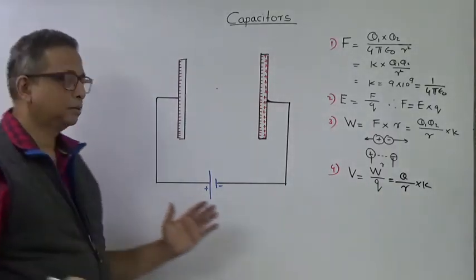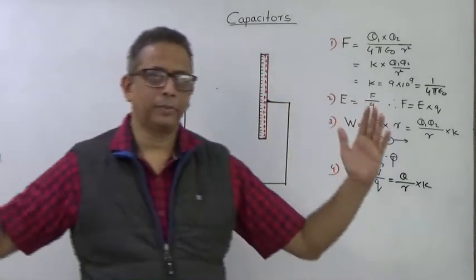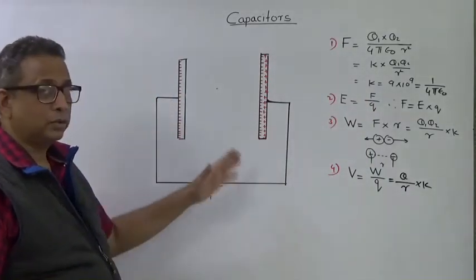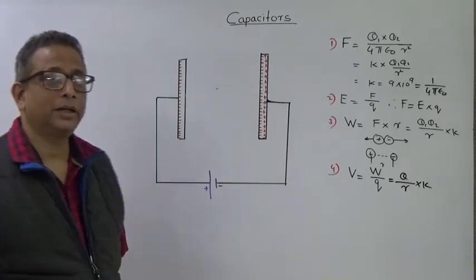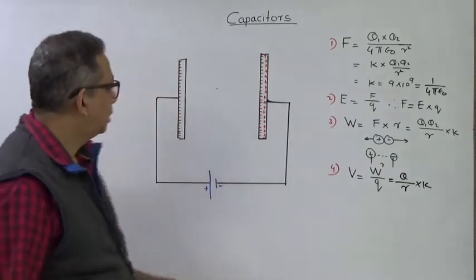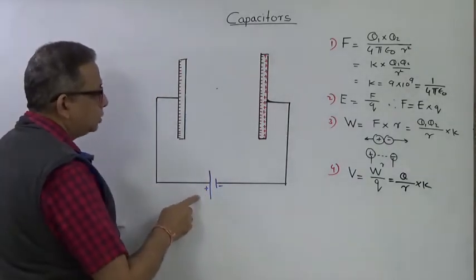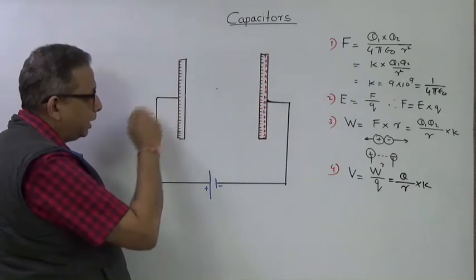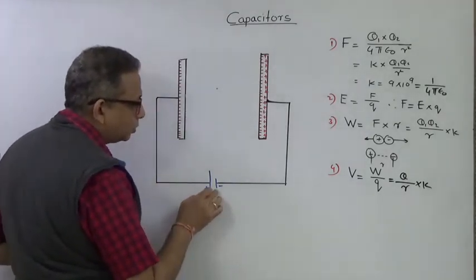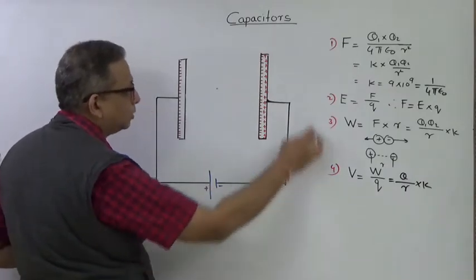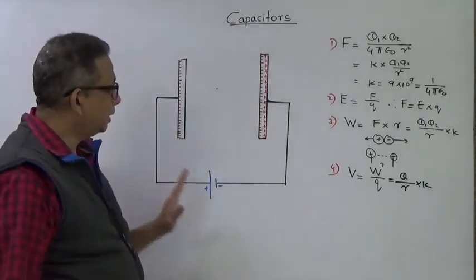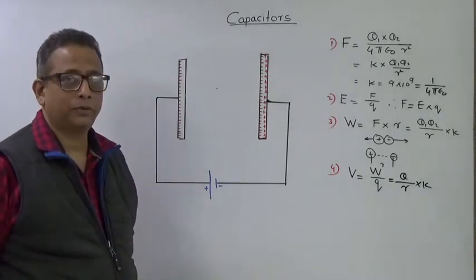So by doing this, there are two plates which are widely kept apart, and one plate is connected to positive, one plate is connected to negative, but still in this particular case there is no flow of current, right, because this positive charge is not powerful enough to pull the electron towards itself, and this negative charge is not sufficient to deposit the electron from here to this positive plate. You are getting me? So therefore in this situation there is no flow of current.